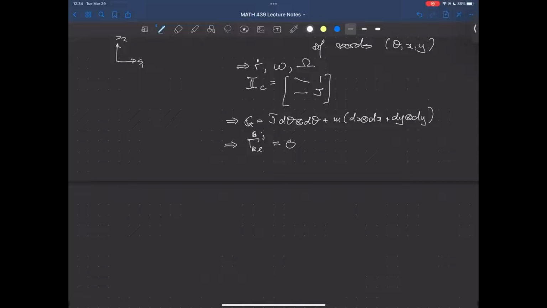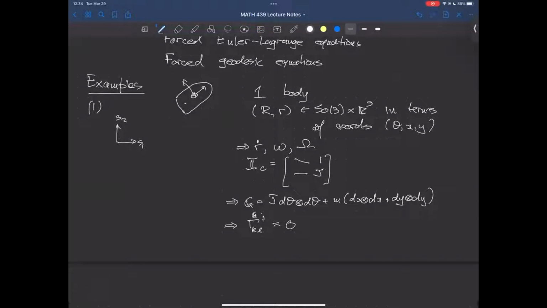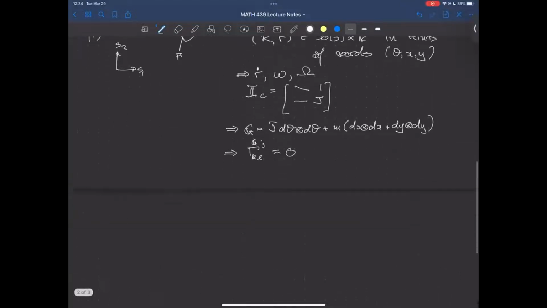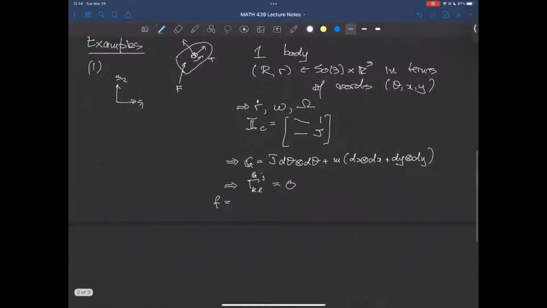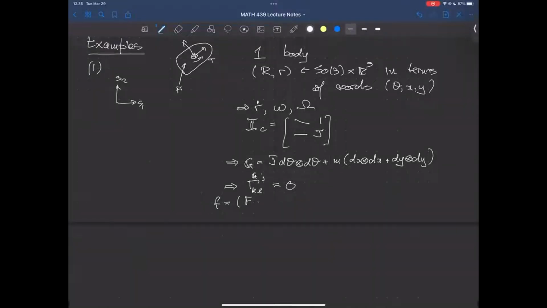All right. Then we calculated some forces and torques. Okay, so we had a force that we applied here at this point, which had some magnitude capital F. And then we had a torque, let's call that magnitude T, that we apply there. And so we calculated the Newton-Euler versions of the force and torque. So F as the force, which we translate to the center of mass, is F cosine theta plus phi, and F sine theta plus phi, 0. And then tau was T in the